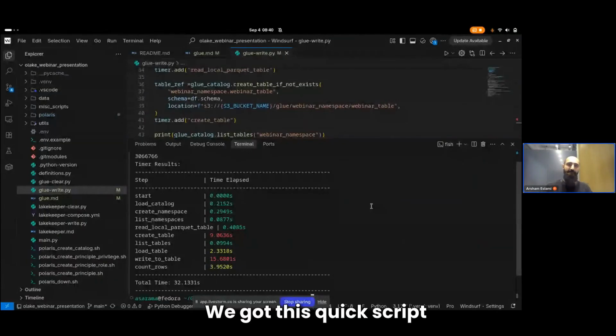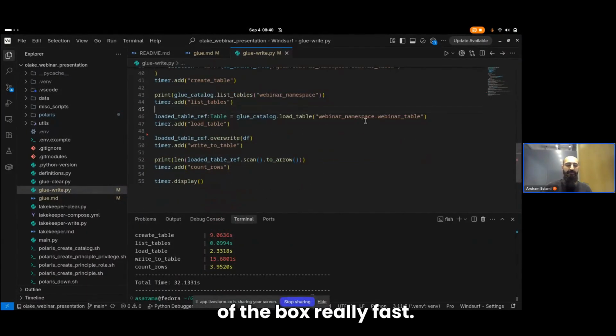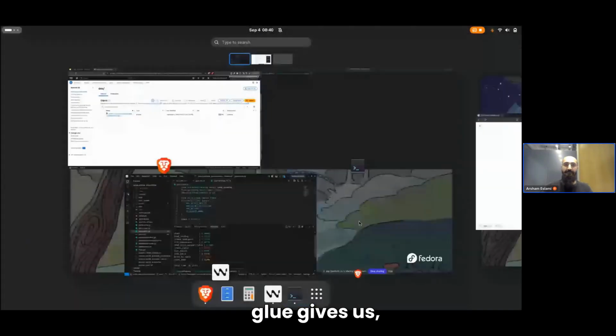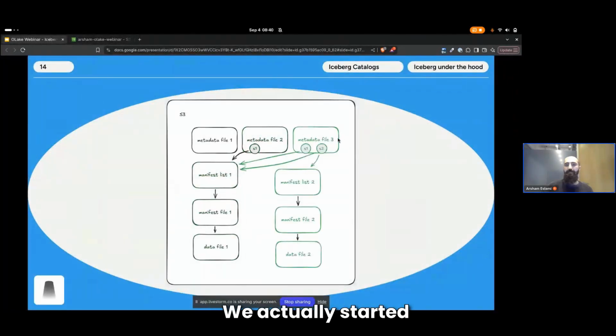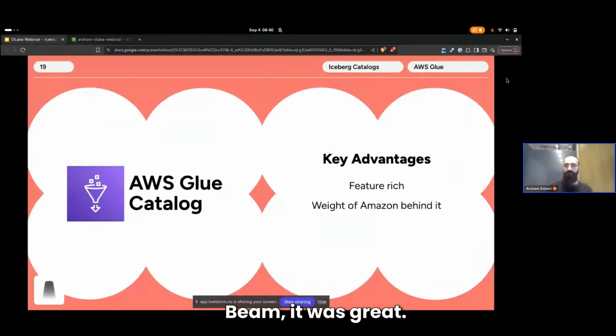We got this quick script, and we have an Iceberg table that's ready to query out of the box, really, really fast. And we had all the tools that Glue gives us, which is fantastic. I'm a big fan of Glue. We actually started using it as well when we started Greybeam, and it was great. And again, you got the weight of Amazon behind you, so no joke.